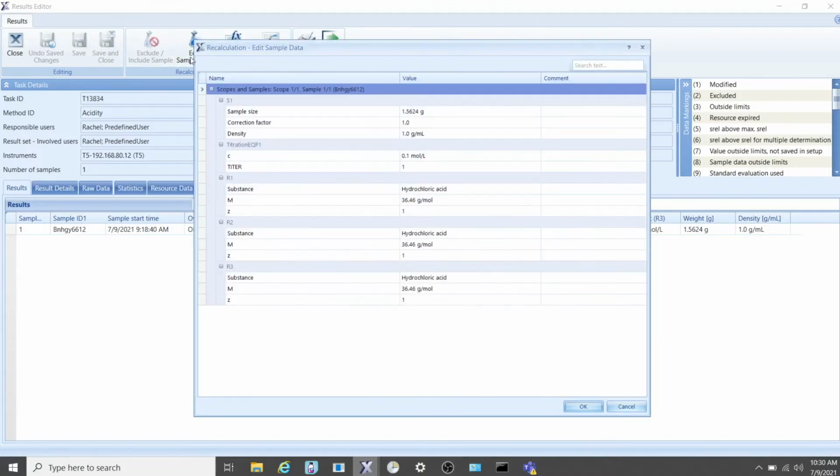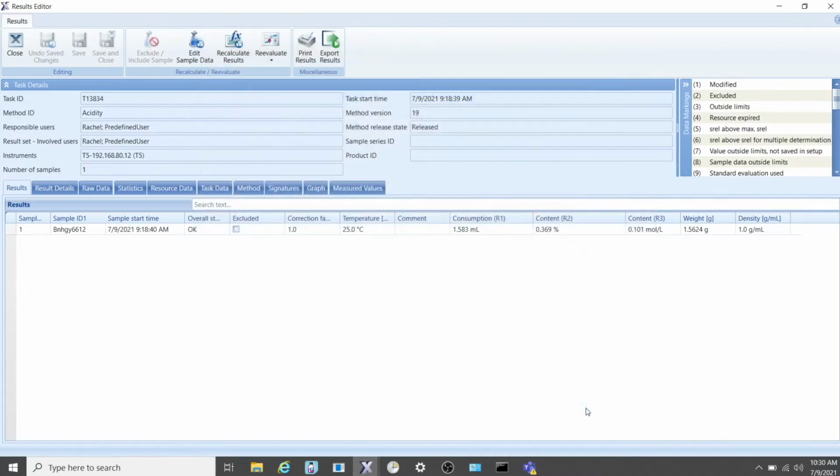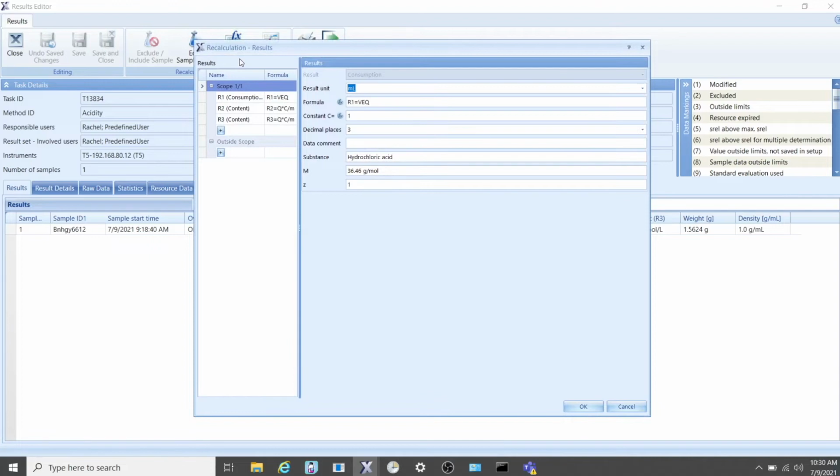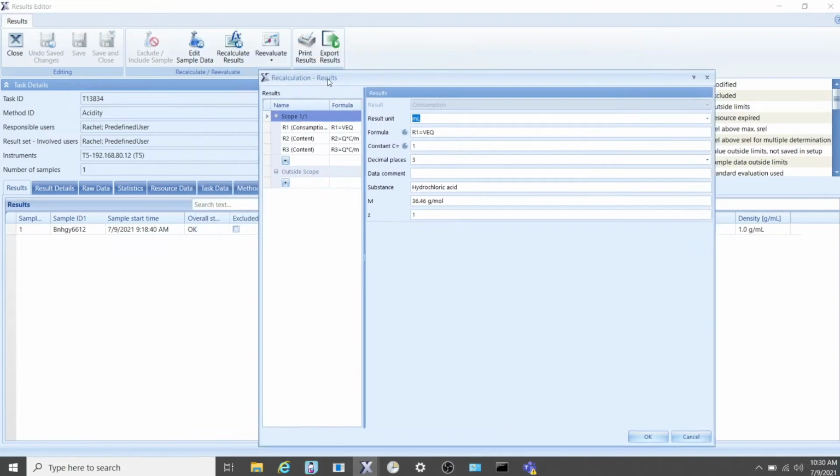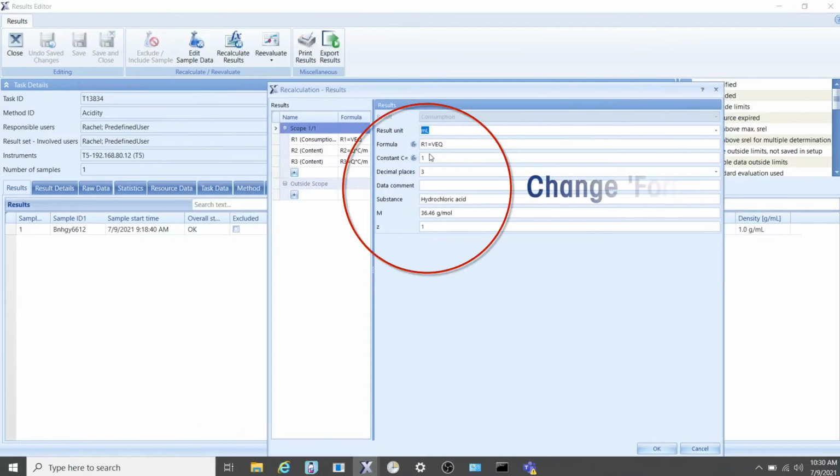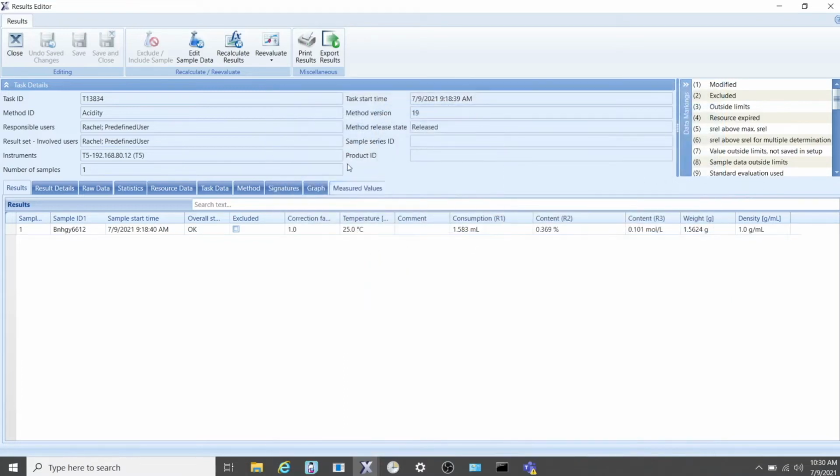Edit sample data allows you to change the sample size if needed, or to change the molar mass of your samples. And then in the recalculation, you can change the formula that you want. And then of course in the re-evaluation,